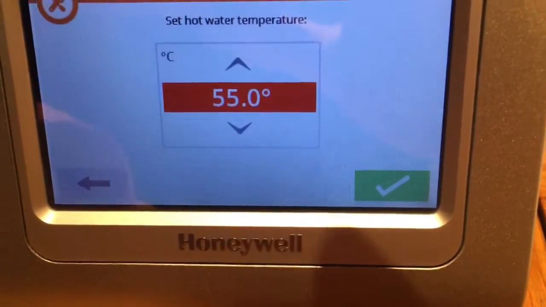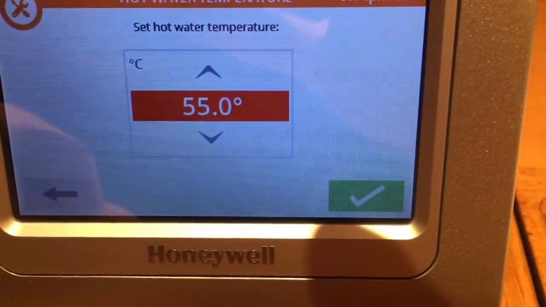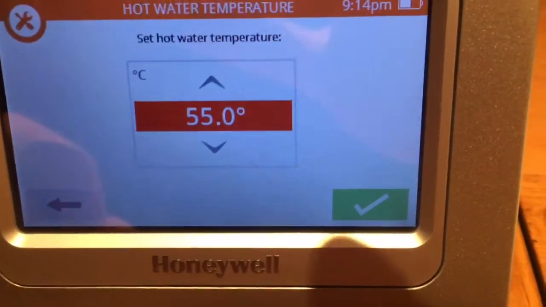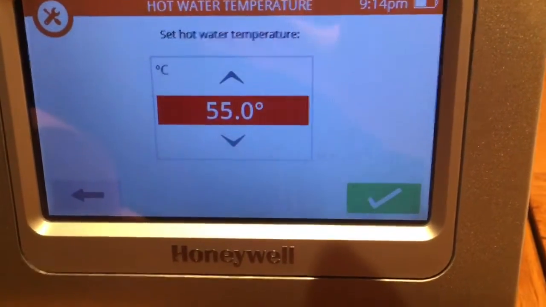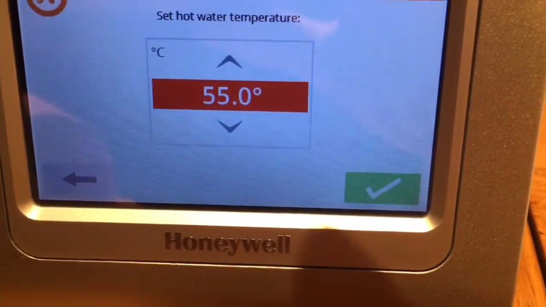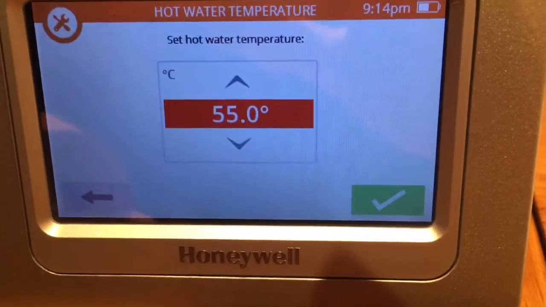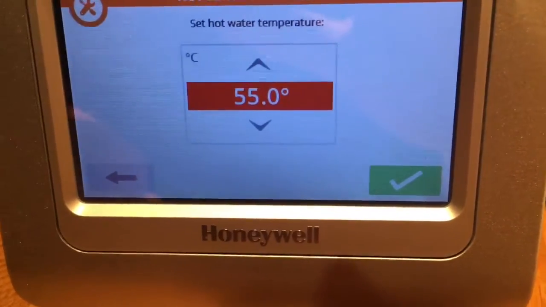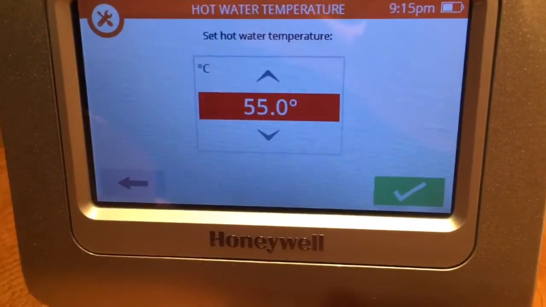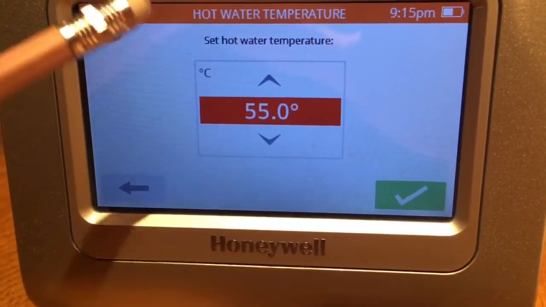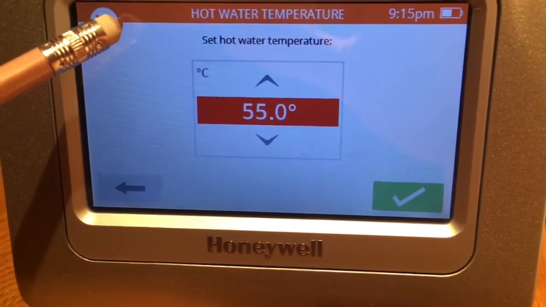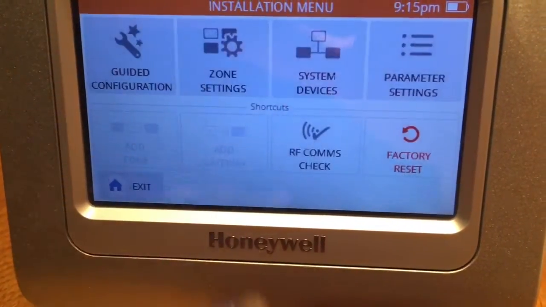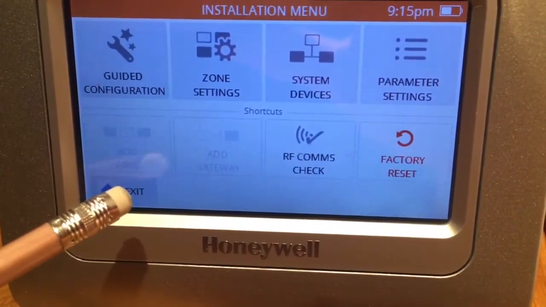So on the other hand, if you turn the water temperature down in your hot water cylinder, you really don't want to go below 55 degrees centigrade, because there's this nasty thing called Legionella bacteria, and below 55 degrees centigrade the Legionella bacteria can propagate. So we can be reasonably confident that at 55 degrees and upwards the Legionella bacteria gets killed off. It doesn't like hot water. So anyway, that's set to 55. You can change it if you want, but I would suggest you put it somewhere between 55 and 65